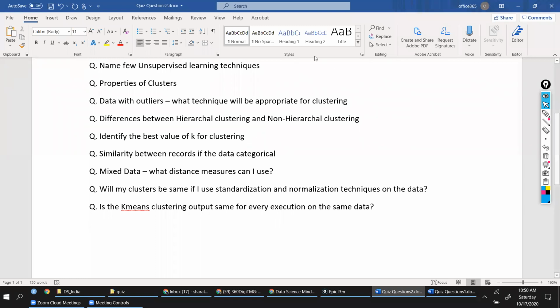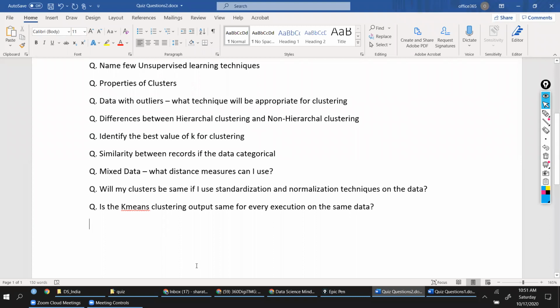On the same data you're applying, is your K-means clustering output same? No, right? Absolutely. K-means clustering,